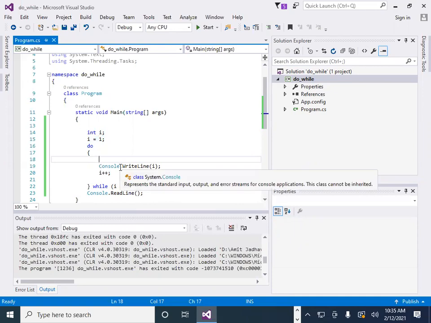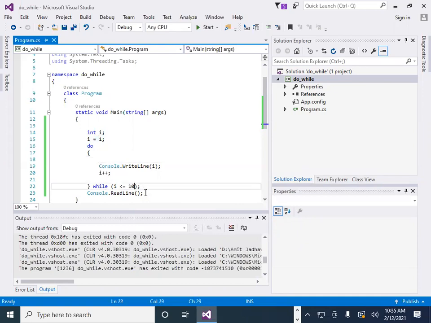If it is, then again it prints the same value, the same statements again. So if here we write a false condition, that means here I is less than 1, while i's value is exactly 1. If we write the wrong condition or false condition, then also it will print the value of I a single time.